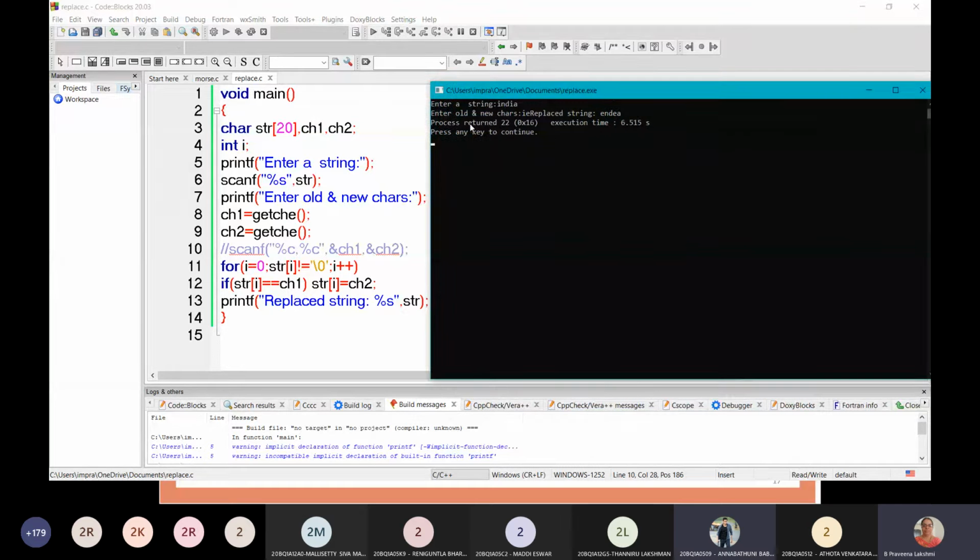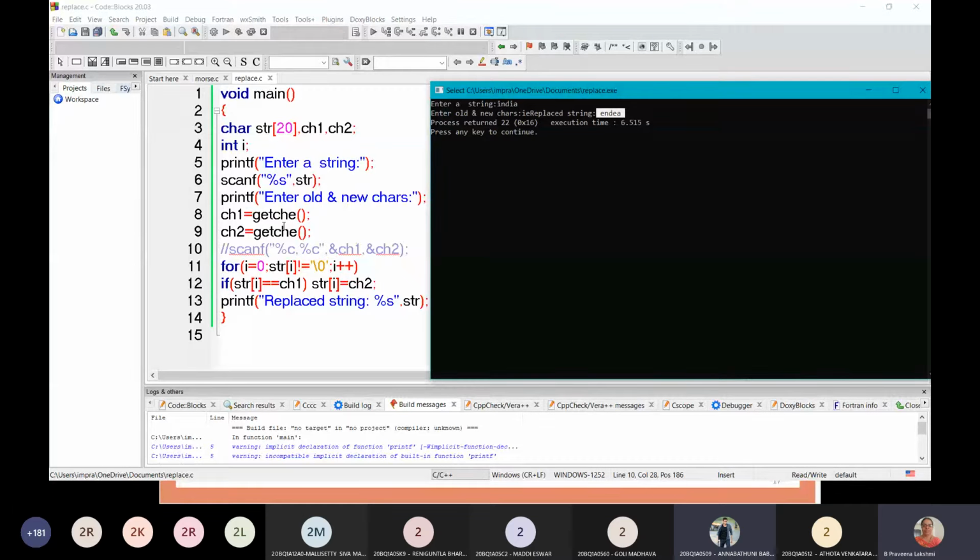Now it is okay. With getche, first we are giving the input string, India. Enter old and new characters. I is the old character here and E is the new character, so it is replacing the I with the E. Whenever you use getche, it accepts the character and the E is echo.